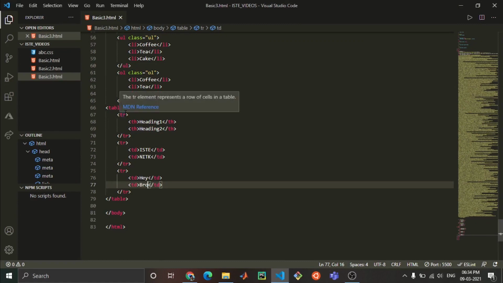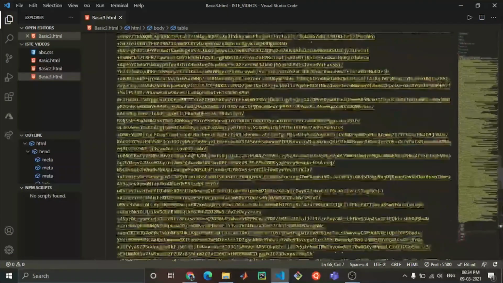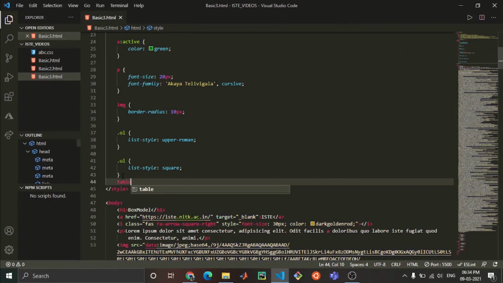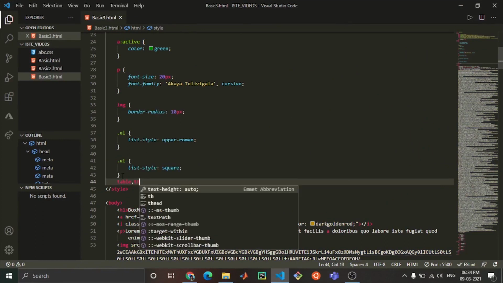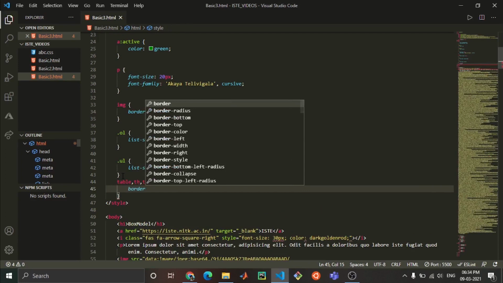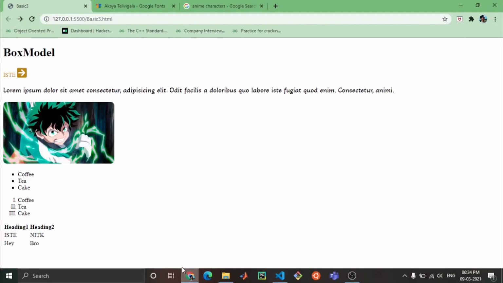For that, I can just give some class. Okay, class is also not needed. I can just go at the top. I am using group by selectors: table, th and td. So all should have a border of 2 pixels solid black. I want that. Go over here, refresh this. Now you can see it is converted to one small little table. So this is how you can make tables.